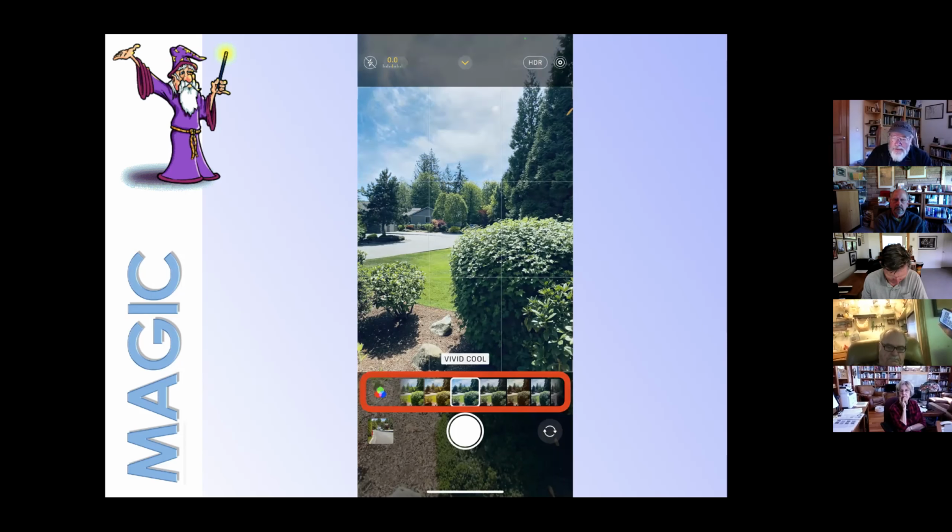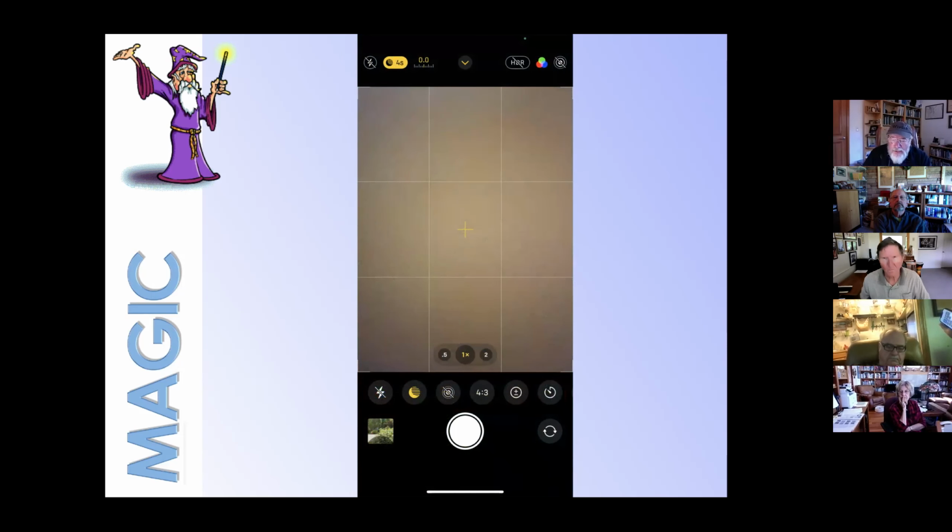Oh, this also appears if you're looking at something very dark. What I've done here is taken the camera and faced it down onto my desk. And so it sees that there's almost no light at all. I thought this would come out black, but it's managed to overexpose and get something anyway. But you see there's a yellow icon that's now appeared in that list. And that's because the camera's realized that it's really, really dark. And that's actually supposed to be a moon there, I think. But when you click on it,